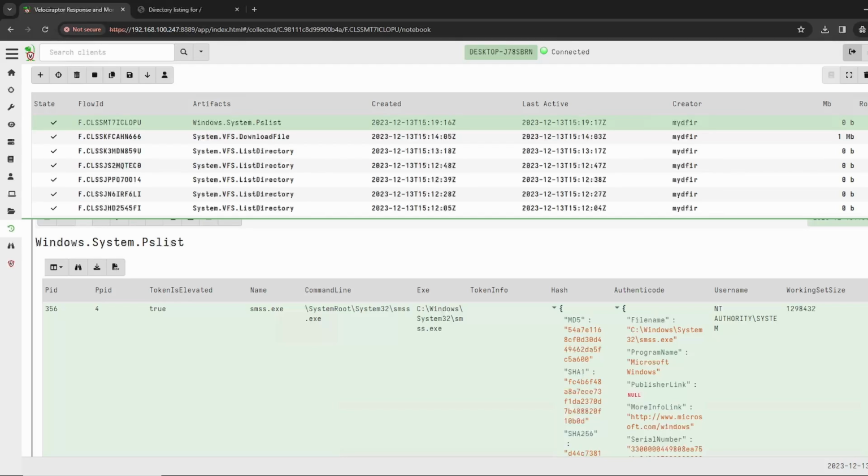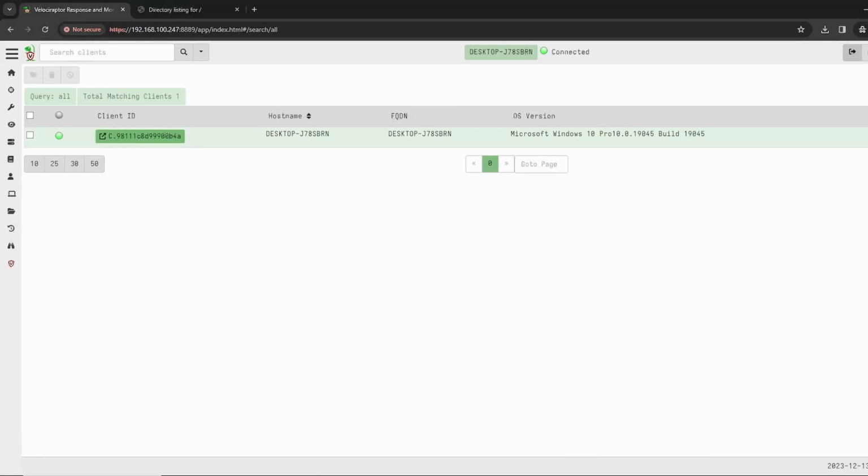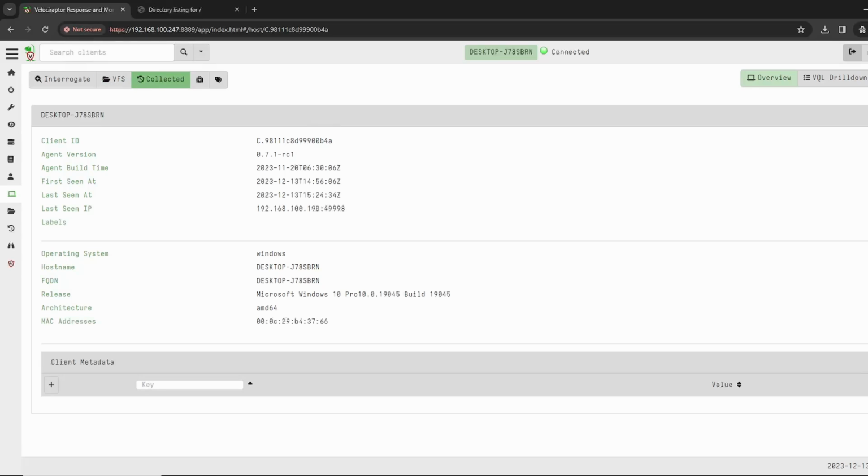Now, let's pretend that this client machine is running a malicious executable. And the next step is to contain it. Well, Velociraptor has that capability to contain a host. We can do that in two ways, by running the quarantine artifact or by clicking an icon for quarantine. I'll show you via the icon. So we'll head back over to our client. We can click on the magnifying glass, click on the client ID, and right beside collected, there's actually another icon